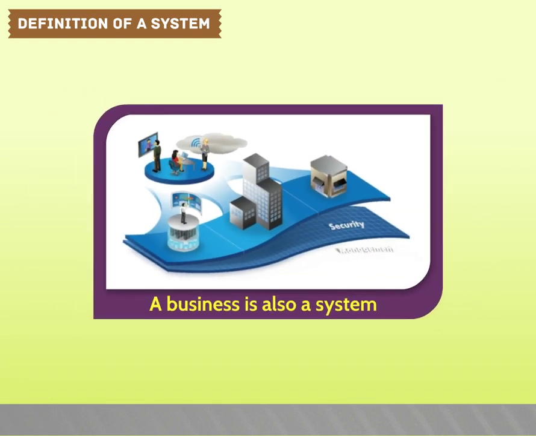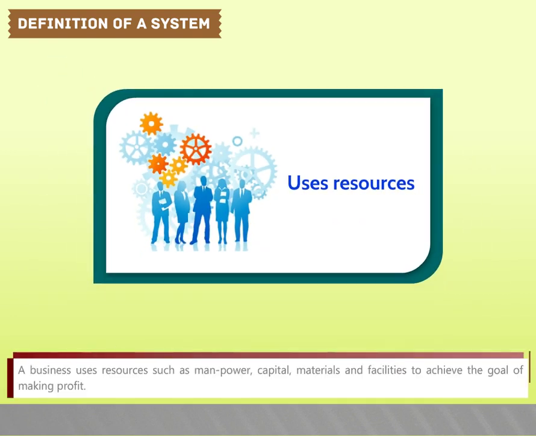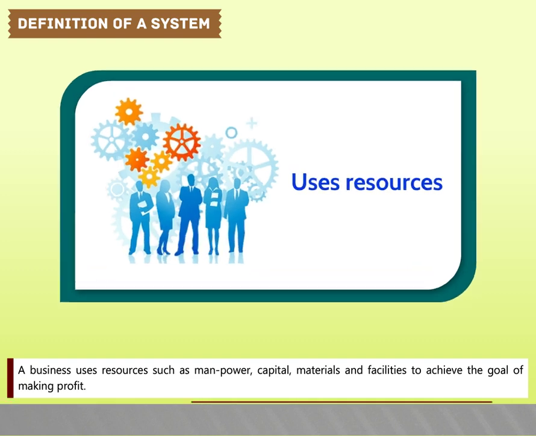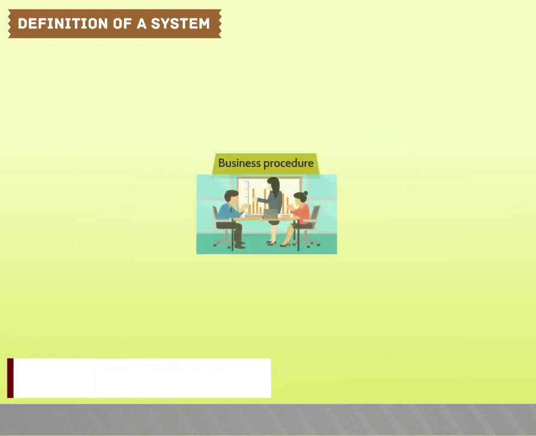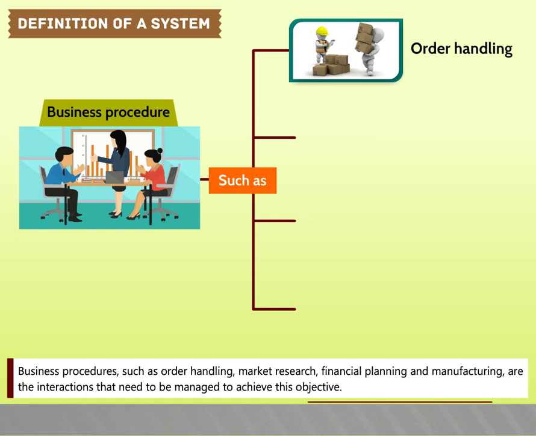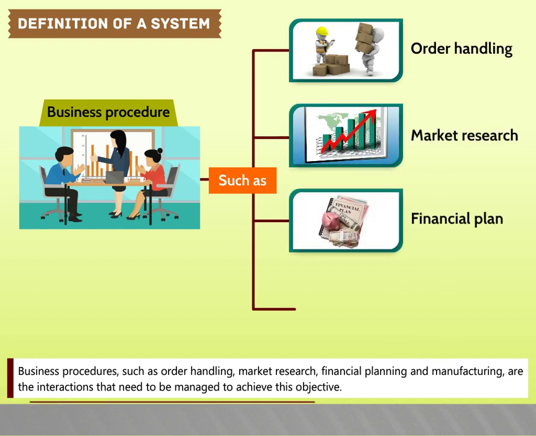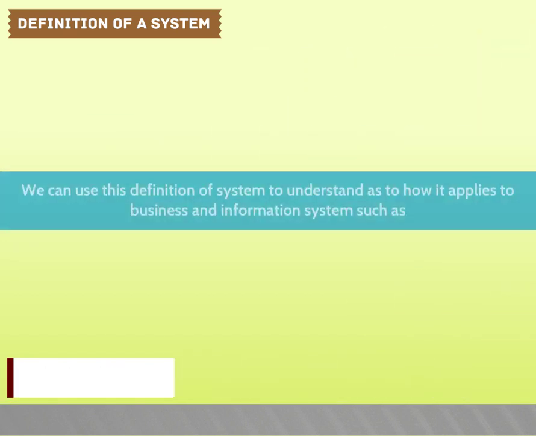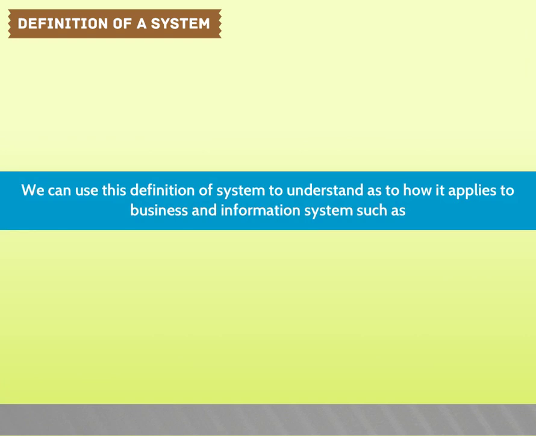A business is also a system. A business uses resources such as manpower, capital, materials, and facilities to achieve the goal of making profit. Business procedures such as order handling, market research, financial planning, and manufacturing are the interactions that need to be managed to achieve this objective. We can use this definition of system to understand how it applies to business and information systems, such as: